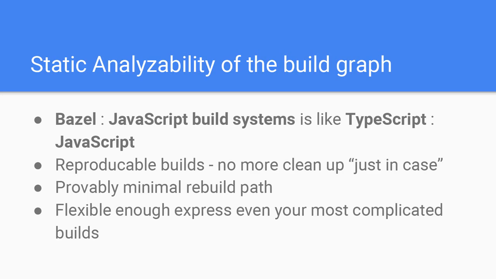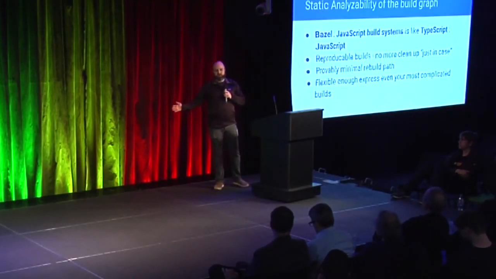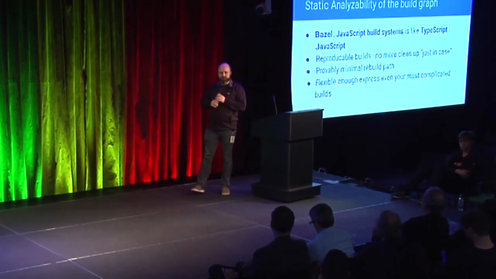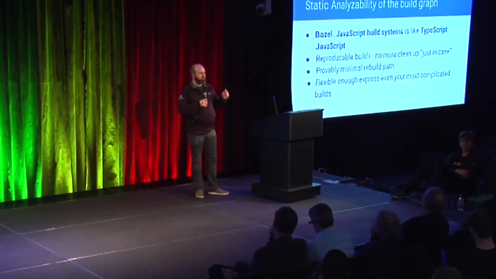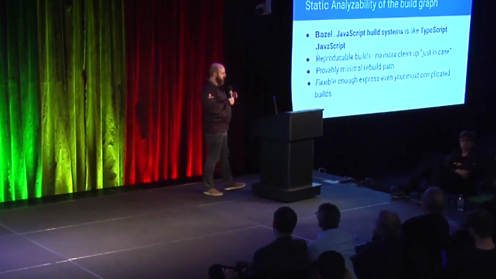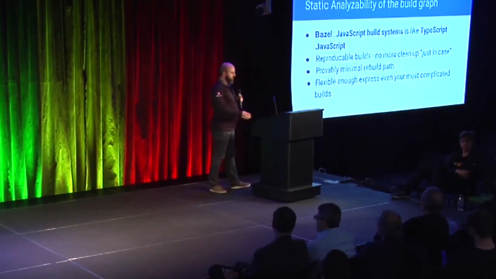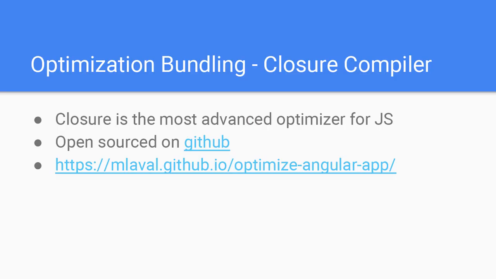Minimal rebuild paths, incremental rebuilds, and again, this is the build system we use for everything in Google. So it's interesting to take a look. You don't need to take my word for it that it's expressive enough. It's expressive enough because we use it for everything. So it has just the right expressivity to build any language you want to build with it. All right, and finally,